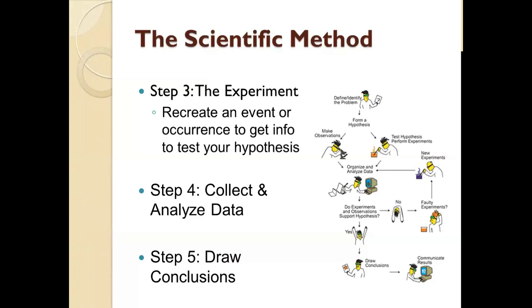The third step of the experiment, or the scientific method, is to do the experiment itself. Now that you have a hypothesis, now that you have a model that might work, we need to recreate that model in a laboratory setting to verify. Okay? The idea is this can be done in a field or in the lab, but you want to know when you're starting and when you're ending, so you can take into account as many factors and variables as possible. This leads us to step 4.